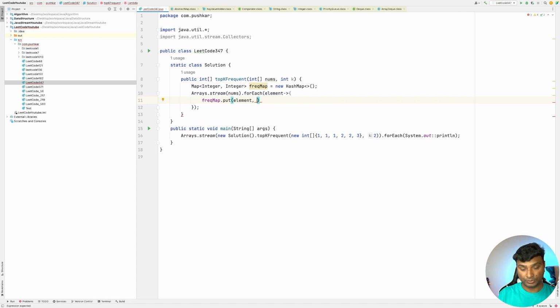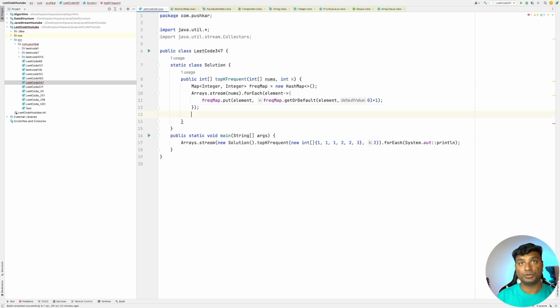So frequency map dot getOrDefault, we'll have the element, and if it is not there, then 0, then plus 1. Now this map will store the frequency.